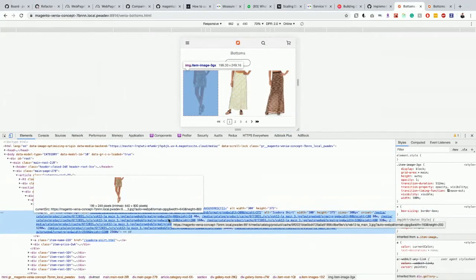That's because 200 pixels into 2 is 400, and the closest one available at that point of time is actually 640 pixels, and that's the reason why it has downloaded that big image.